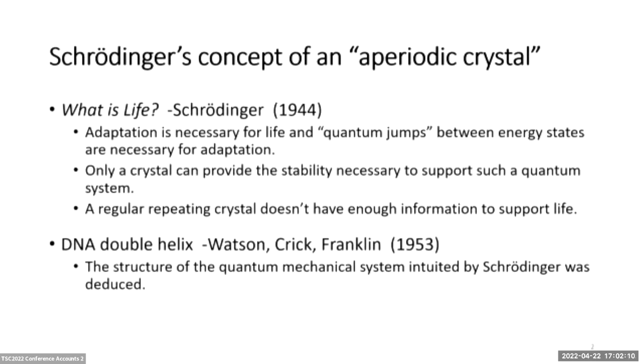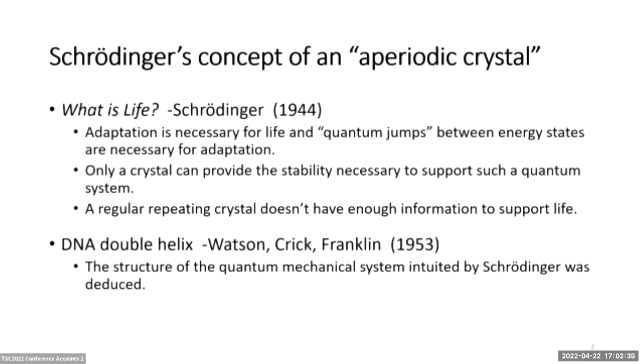Schrödinger, back in 1944, in his book What is Life?, said that adaptation is necessary for life and that quantum jumps between energy states are necessary for adaptation to occur. He said that only a crystal can provide the stability necessary for such a quantum system, but a regular repeating crystal doesn't have enough information to support life. So whatever that information was in the nucleus of the cell, it had to be some sort of an aperiodic